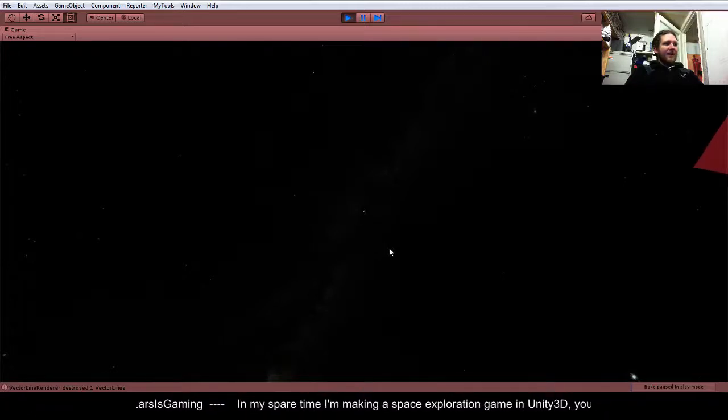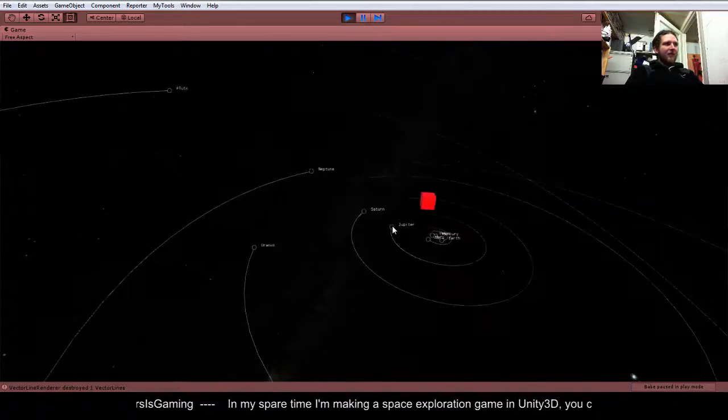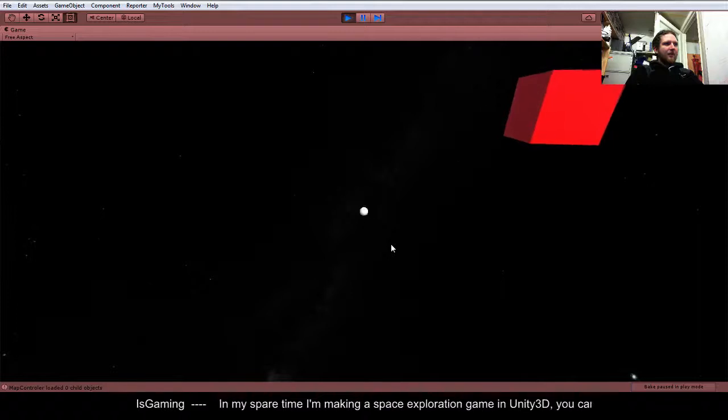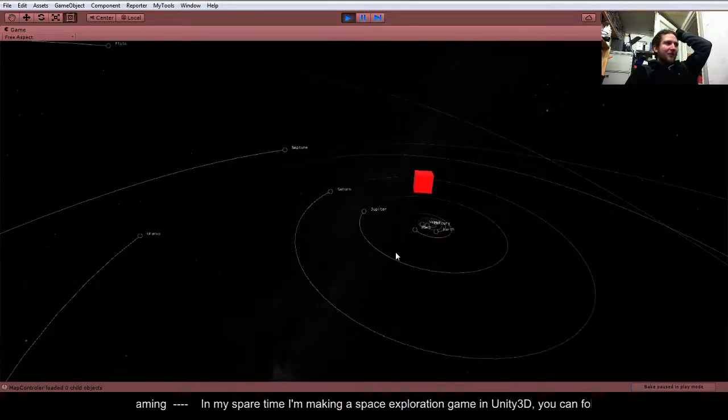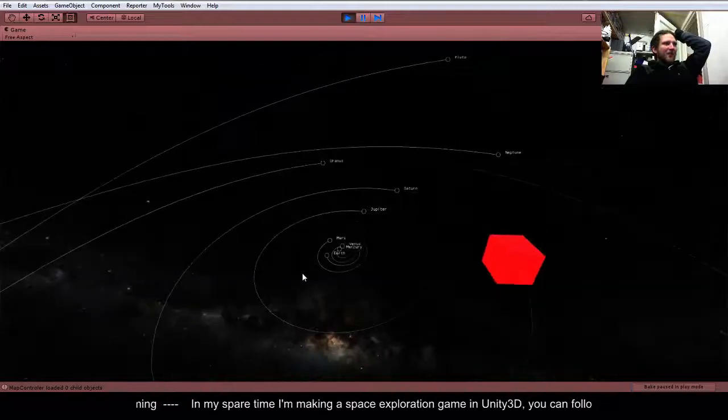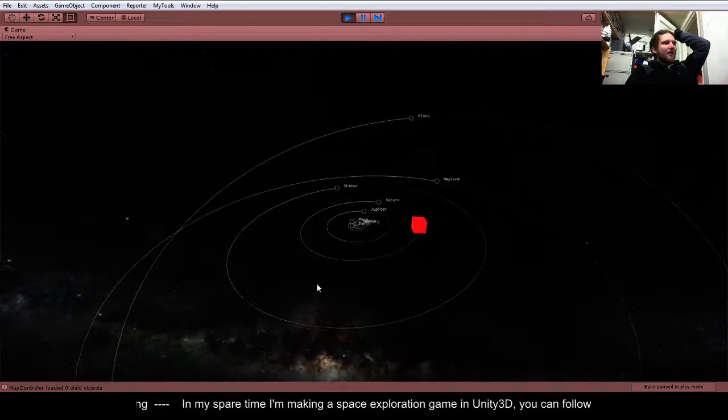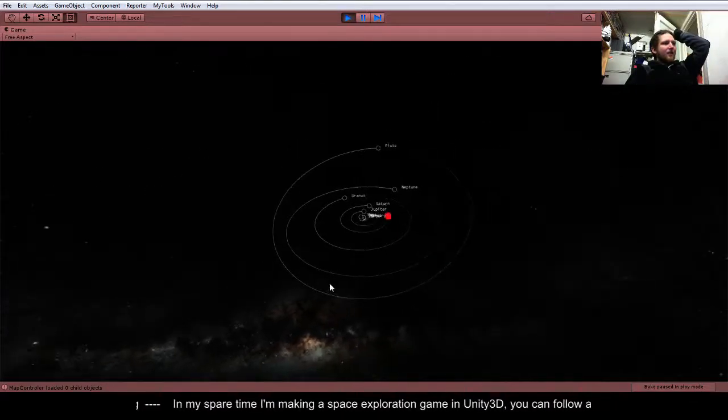You can see Saturn and Jupiter I haven't loaded in any data for yet. So there's no moons on Saturn or Jupiter yet. I'm going to do those. I'm pretty much done for the day now, so I'm going to probably pick that up tomorrow. So later on, hopefully for Alpha